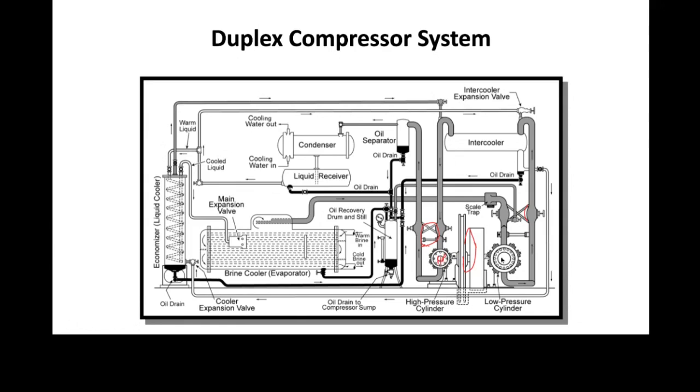Notice it's got a small cylinder and an LP compressor. And the LP compressor's got a big cylinder because it's going to handle vapor with a high specific volume, right? Or low density, if you want to say it that way. So let's see what's going on. What we have here is,